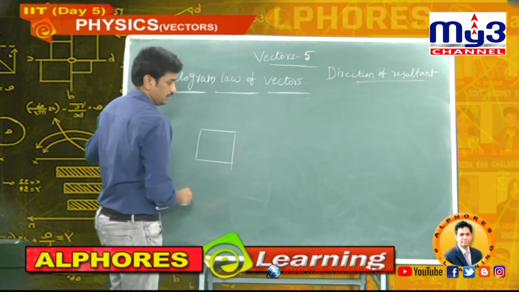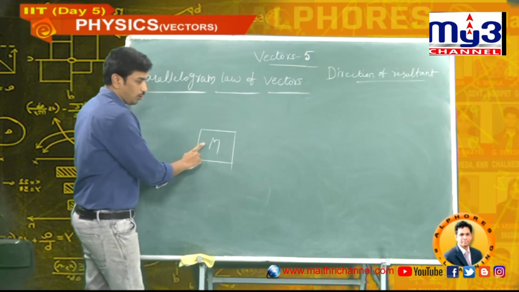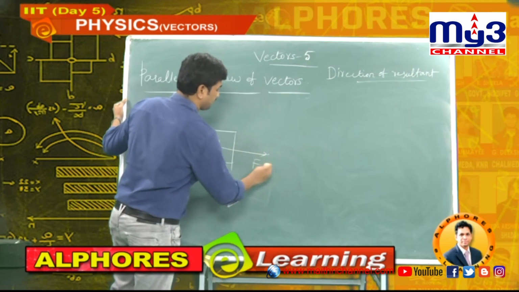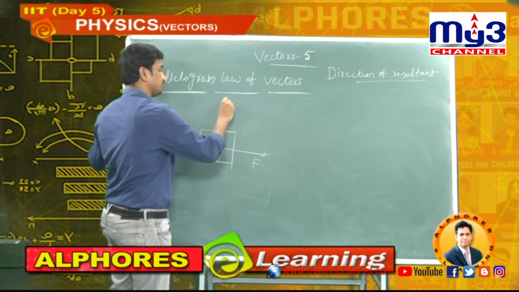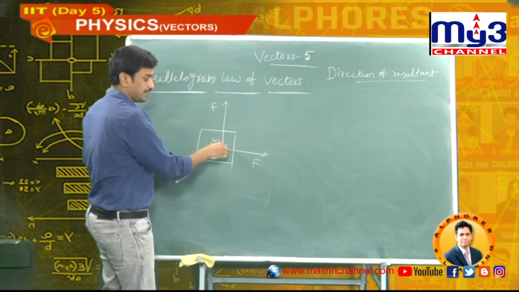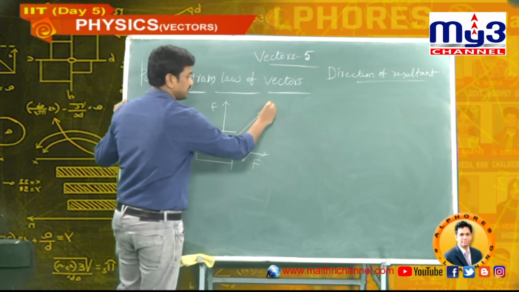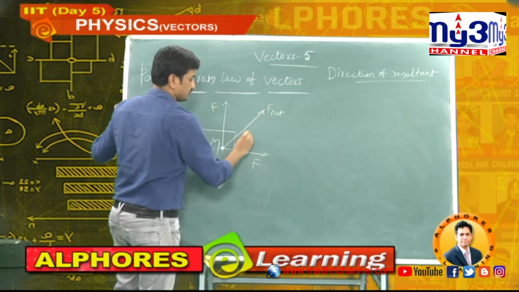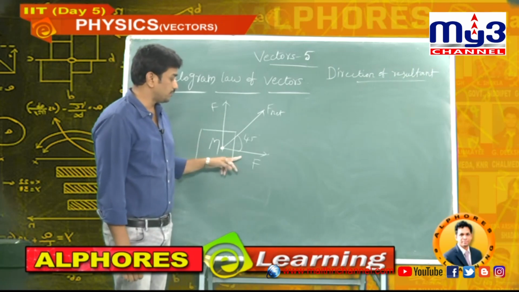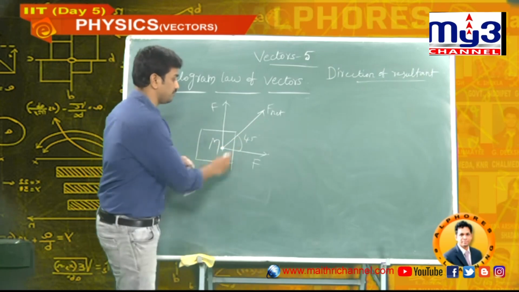See, it's an object of mass capital M. This object is affected with some forces, F. The object is acted on by two forces. What is the net force acting on the solid? The angle is 90, and 100% the net force is at 45 degrees. That's what I told you now. Two forces are equal, the angle is 90, the resultant is along the bisecting line, 100% it's 45, and this also 45.